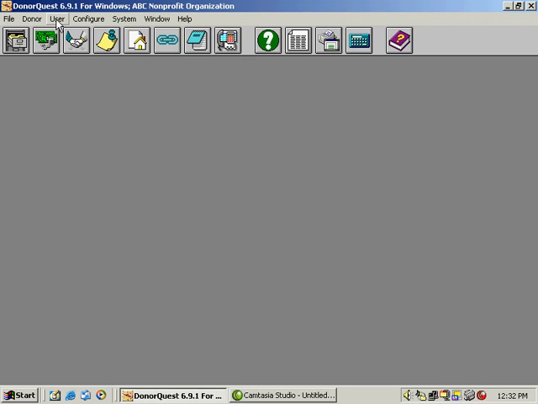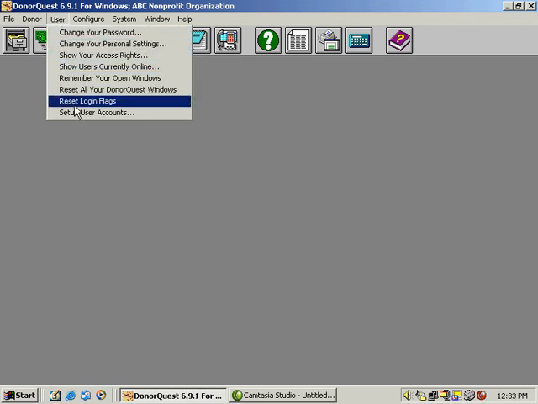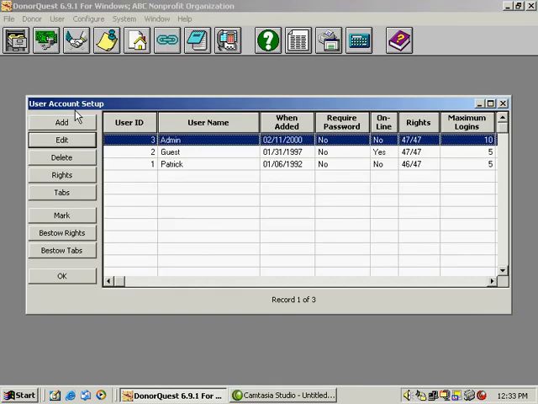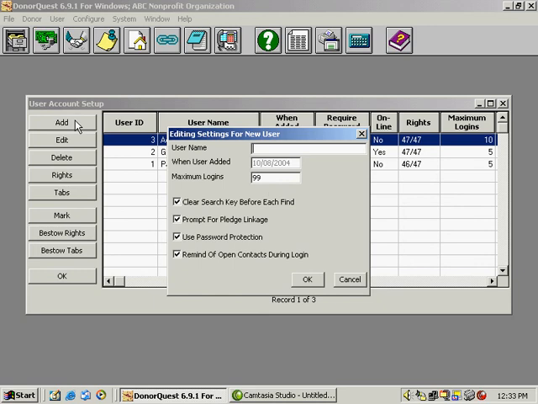Okay, moving on to the word user. Here is where you will set up your user accounts in DonorQuest. To add a new user, I simply click the Add button here on the left, type in the new user's name,